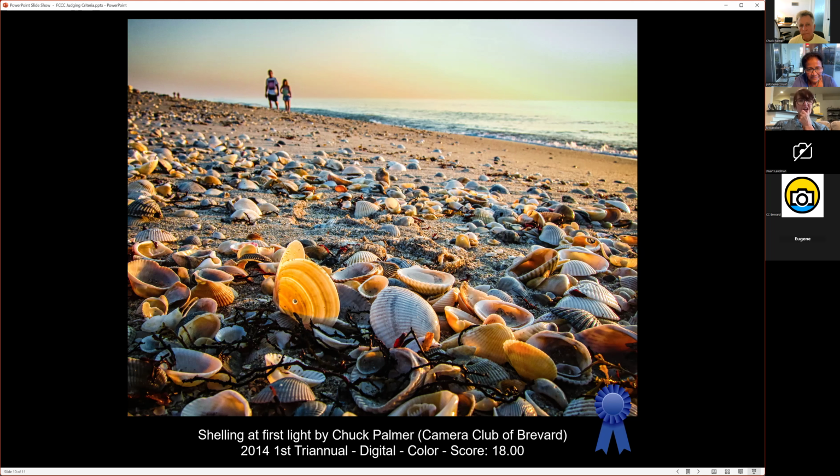But I really wanted to make a point here: sometimes we get hung up on what judges say, and you really need to evaluate your own photos based on your criteria and what your goal was. My goal on the photo was to show the shells and put people out of focus in the background. Maybe I didn't do that enough. From a color perspective, it's not balanced like I would do today. I did this in 2014, but nevertheless, it was scored very high by the F3C.